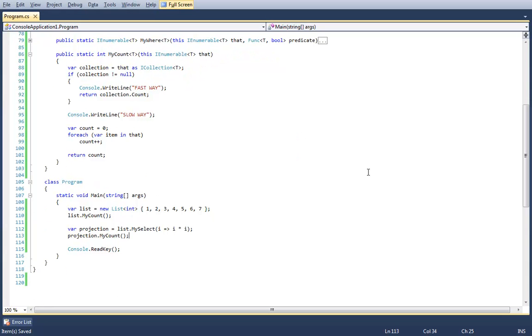Everybody but segfault, what is the output to this program? The only bits that we are looking at right now are this method right here, and then this code right here. Remember, our projection is being written in terms of this previous list.